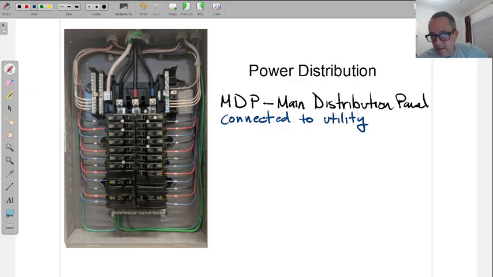Connected to utility. You have nothing to ever really come over to this panel to do. In an industrial commercial building, your main distribution panel is the one that's connected to the utility company. It's getting the big voltage coming in, the large conductors coming in, and this is going to have main breakers in it. I'll put it down below. We'll have main breakers